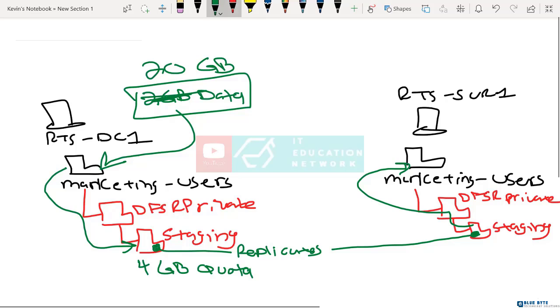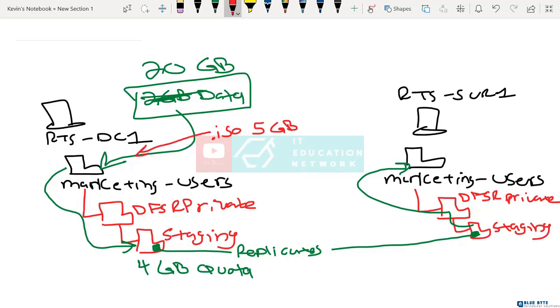Where a problem does lie, let's say you have an ISO file. Your ISO file is 5 gigabytes in size, and it's just one 5 gig file. You save it to this location. No problem when you put it in marketing users. But you notice hours, days later, it never shows up on RTS Serve 1 in marketing users. The reason, it physically can't fit because this has a 4 gig quota, and that is a single 5 gig